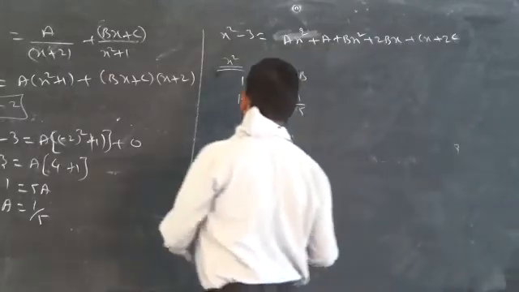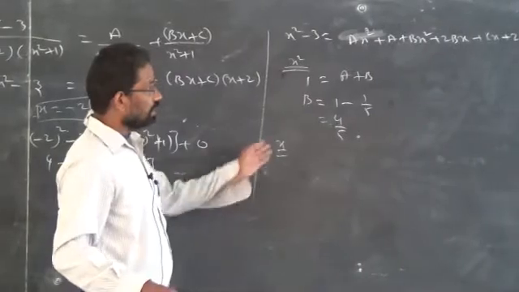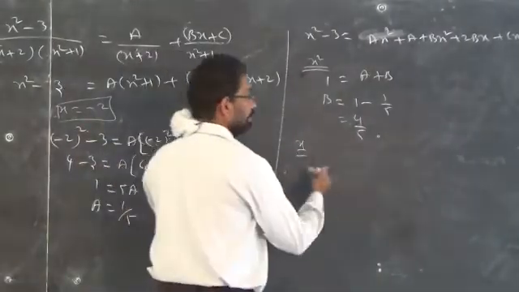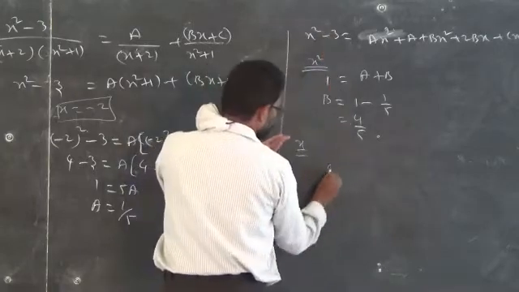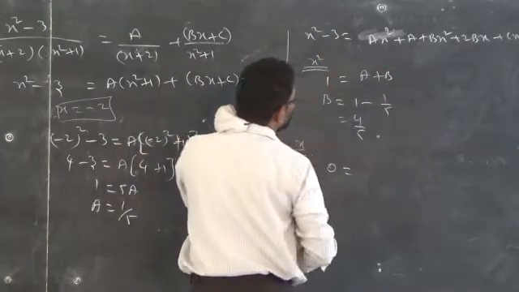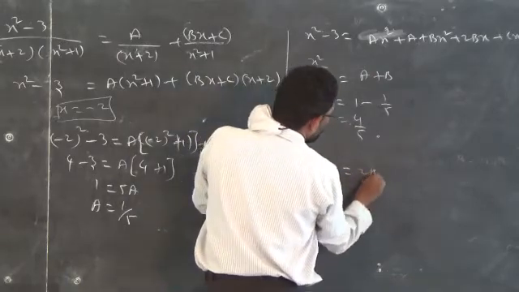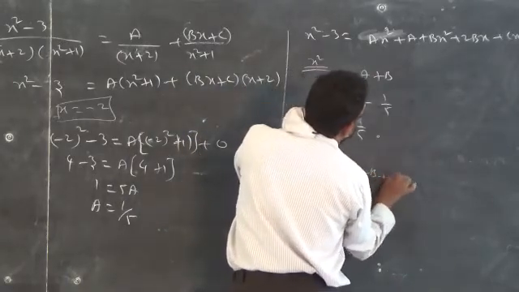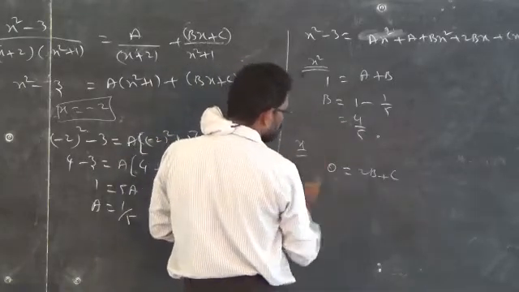Now I am comparing only x. If you compare the constant, you also get the same answer; that also you have to work out. You have to check like the previous problem. So what is the coefficient of x on the left side? No, 0. There, I am comparing x. What is x on the right side? 2b, then what is that? Plus c.